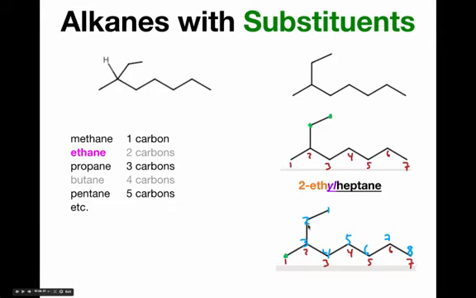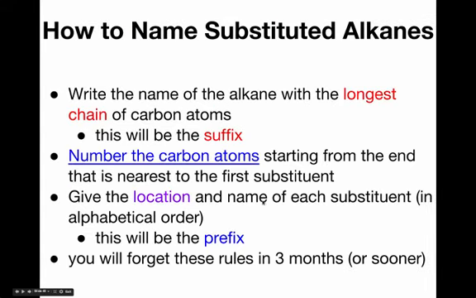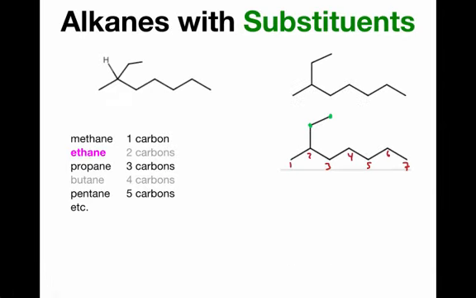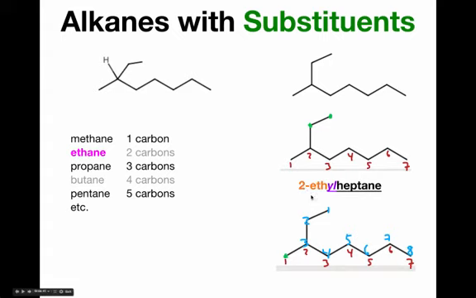So the longest chain is actually an octane. It has 8 carbons in it. And the actual substitution turns out to be this thing over here, this single carbon all by itself. So the weird thing is that if you go back to the previous slide, it says write the name of the alkane with the longest chain of carbons. Well, that turns out to be this chain here with a bend in it,